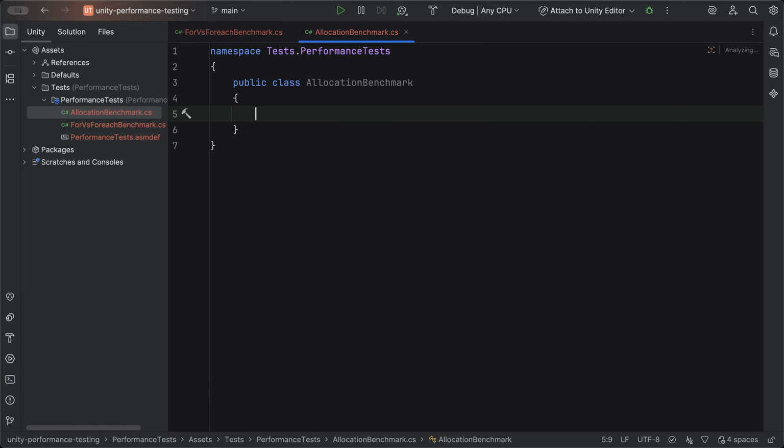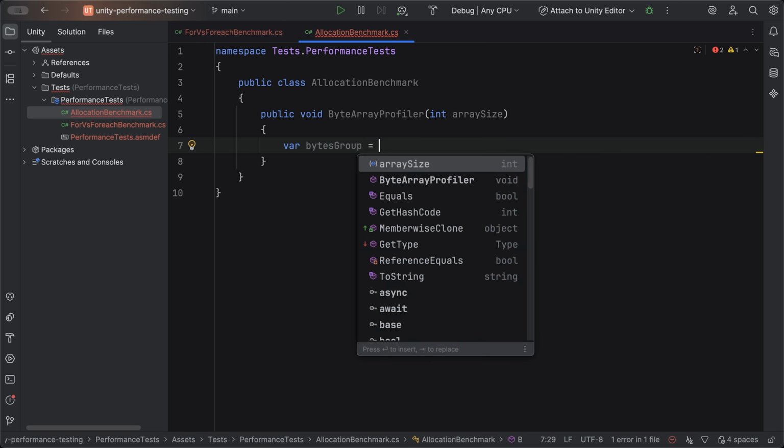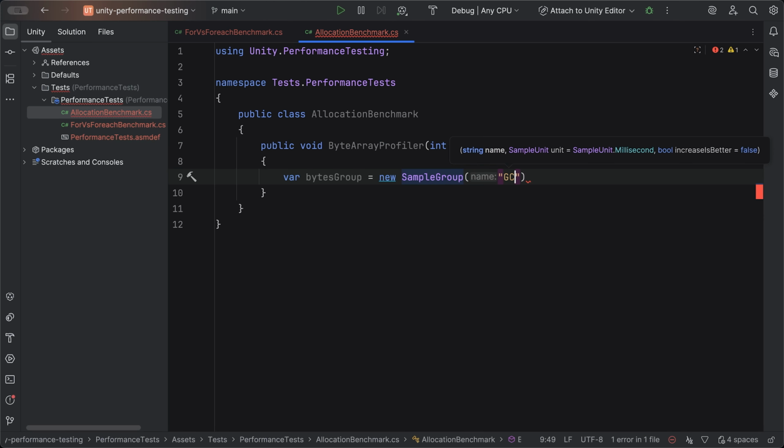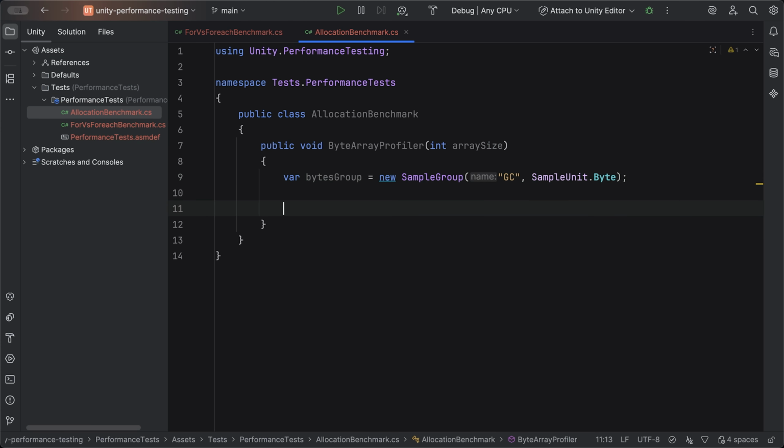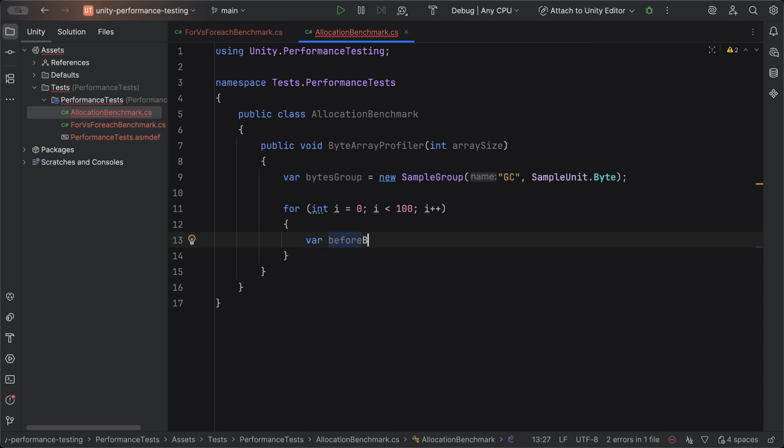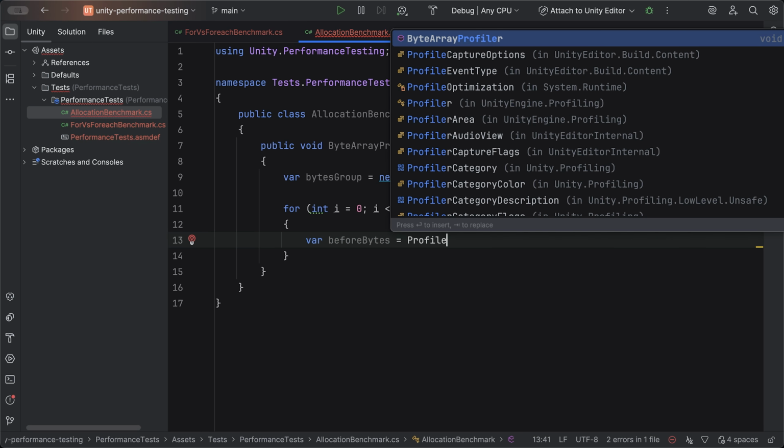I'll create a new test class called Allocation Benchmark. First, a new sample group. I'll call it GC and I'm specifying that my measurements are in bytes. Then I'll create multiple measurements. So I'll create a for loop with 100 iterations. Inside it, I'm measuring current heap usage with Unity's